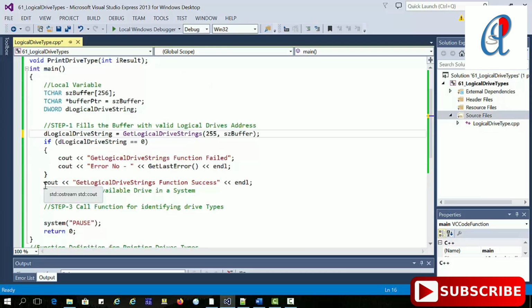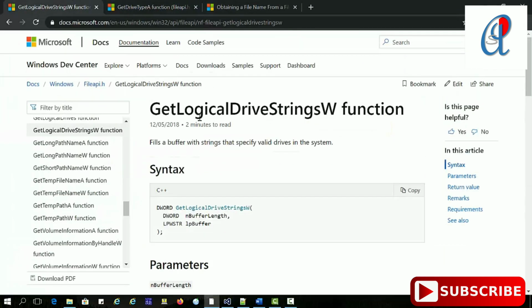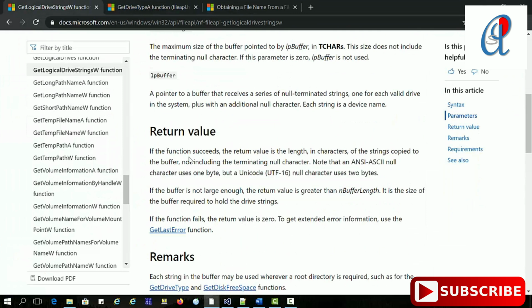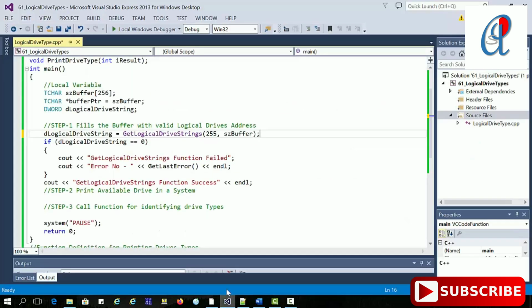That's it. If the function succeeds, it will print that the function is success. If you see the return type of that one, it returns the length of the string in character format. So we'll see.